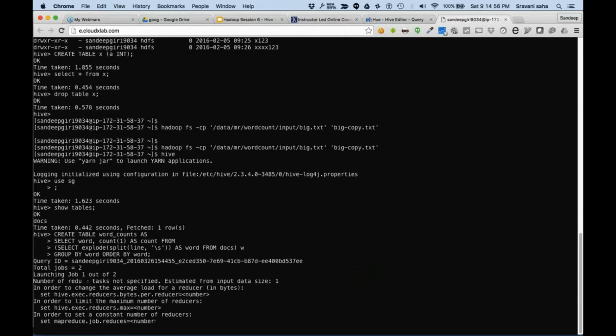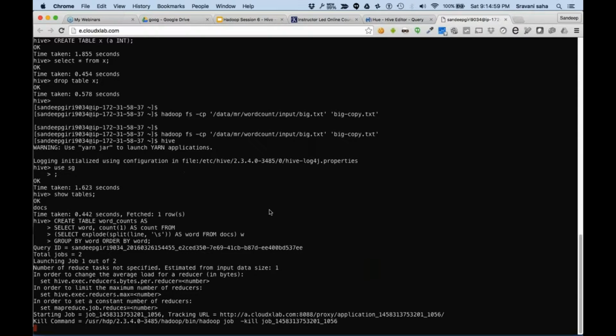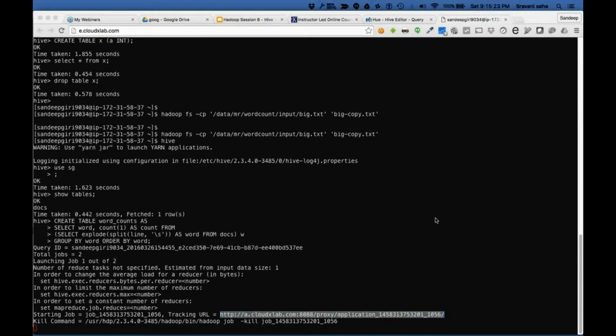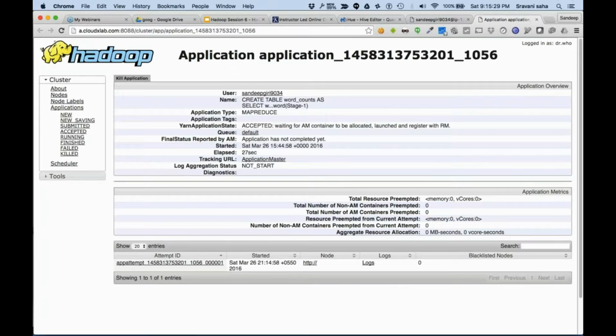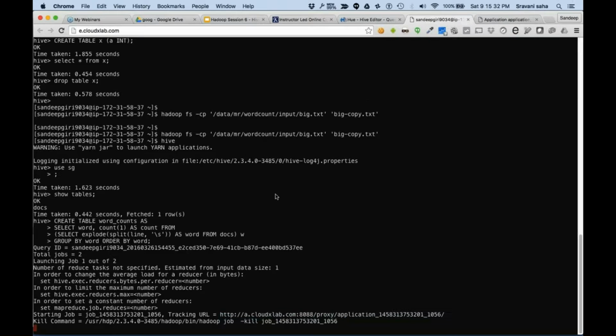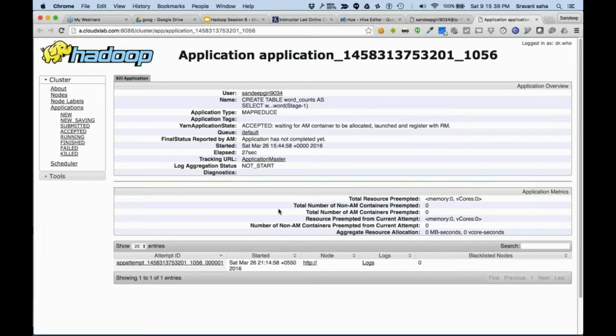Good. Interesting. So if I'm running this thing from the console, it seems to work. Okay. So it'll run the MapReduce job and we'll do the word count.